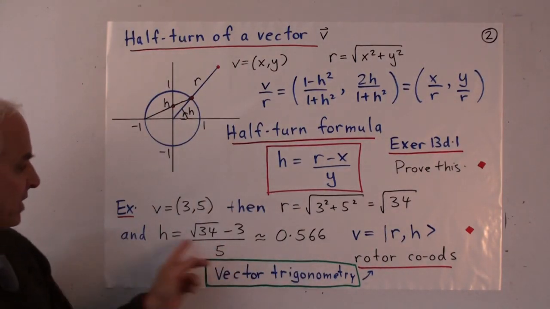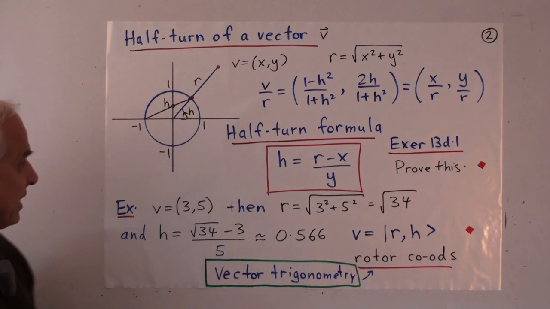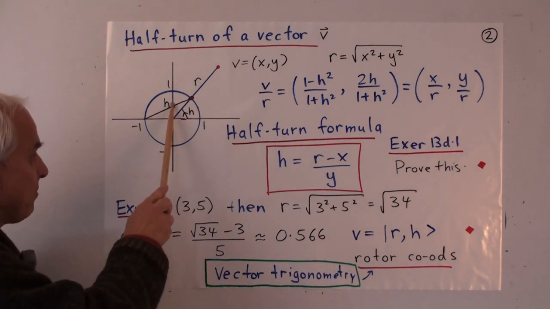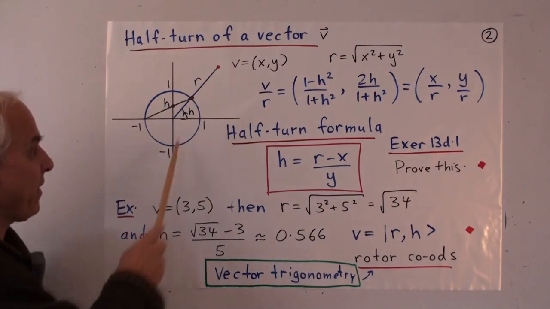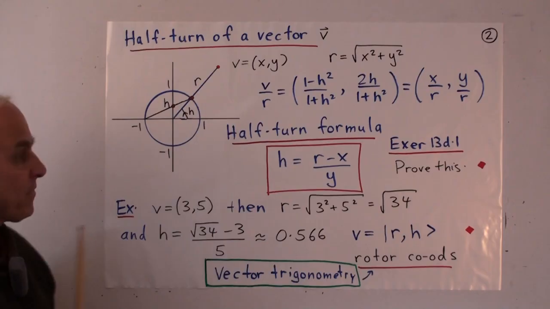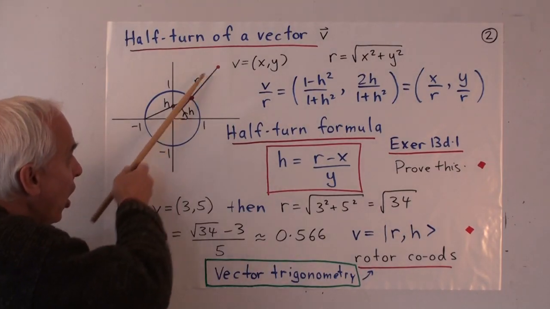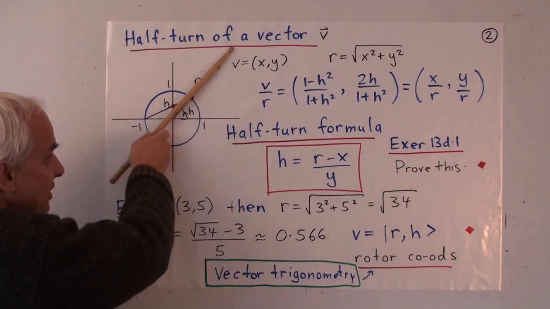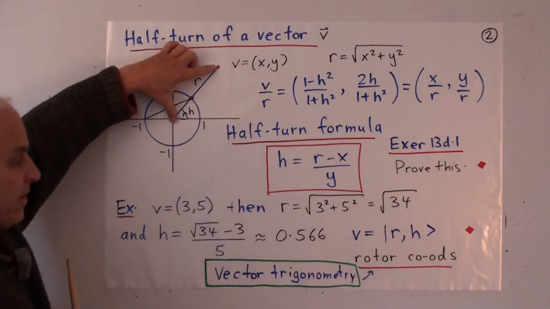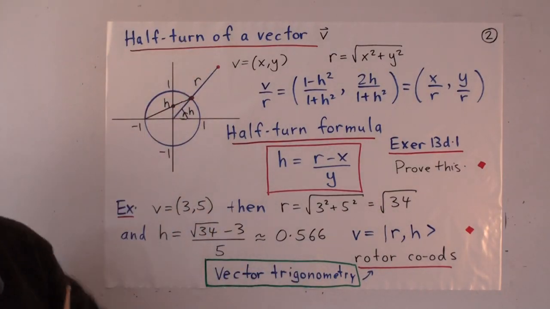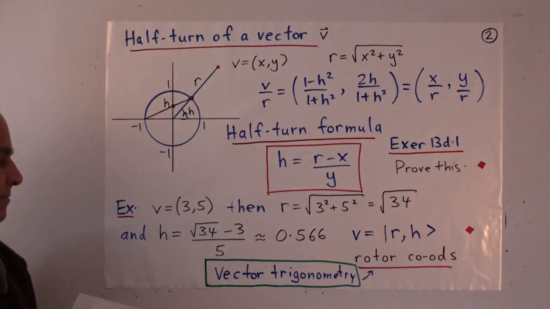So for example here, in this case, the 0.566 means that if we go up here to the 0.566, which is roughly about here, and then go out like this, where we hit the unit circle, that's going to be the direction of the vector. So the vector is somewhere in that direction, and you have to go out length square root of 34 to actually get the position itself.